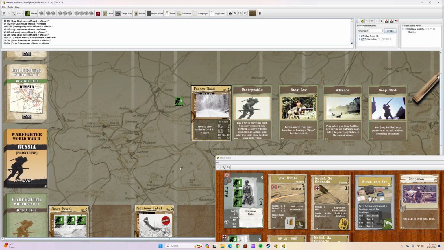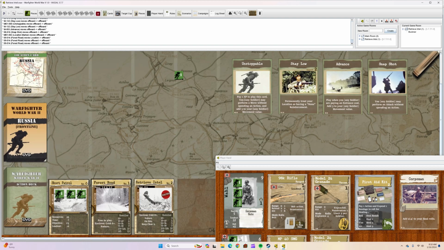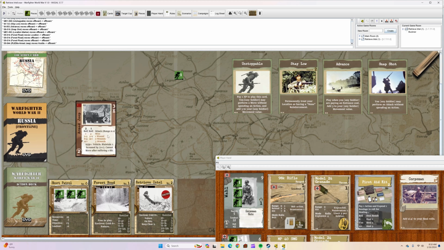Alright, so that being said, we'll play the Forest Road. We're going to go ahead now and draw our hostiles. So there's a resource point value of 3. So our first one satisfies that. We have 3. It's an elite unit. 3 resource points of this card, an elite unit. It's the armed jeep. These can be pretty deadly, so we're going to want to try to eliminate this as